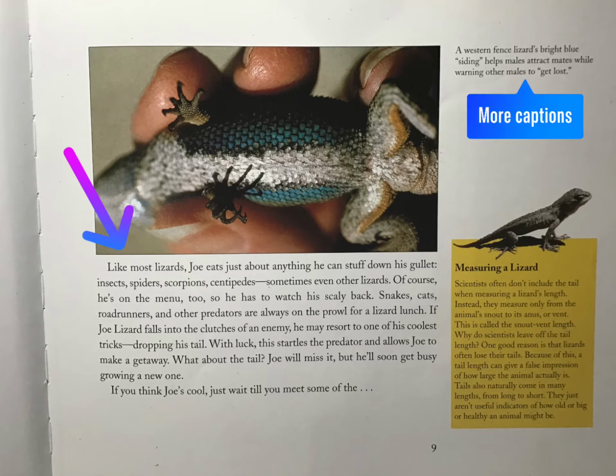If Joe Lizard falls into the clutches of an enemy, he may resort to one of his coolest tricks, dropping his tail. With luck, this startles the predator and allows Joe to make a getaway. What about the tail? Joe will miss it, but he'll soon get busy growing a new one. If you think Joe's cool, just wait till you meet some of the...